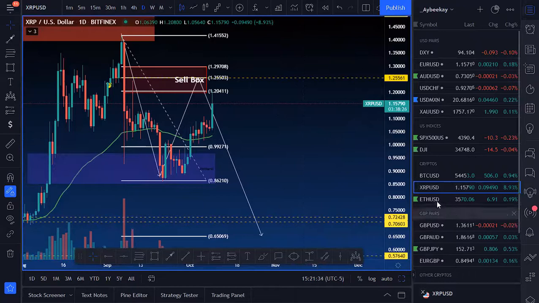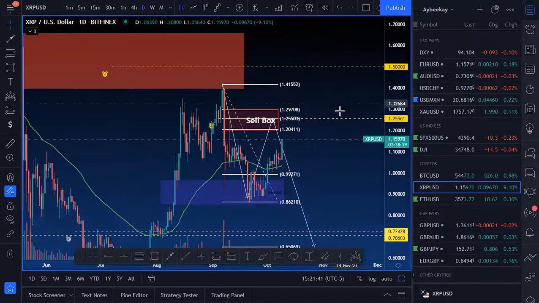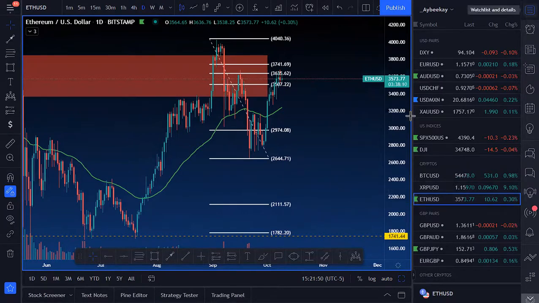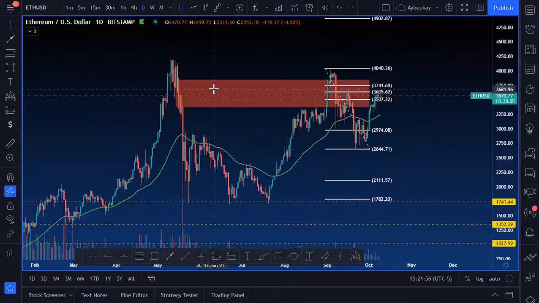So that's for Ripple. Want to see what 1.25561 or 1.50 does. Those are my two main targets that I'm looking for. And Ethereum is still holding at these levels here. Actually, I'm not gonna front. I got into a sell here. It's still holding at the supply zone. Same thing with Bitcoin. And then Bitcoin and Ethereum, which have the most market dominance, let's just take a look.